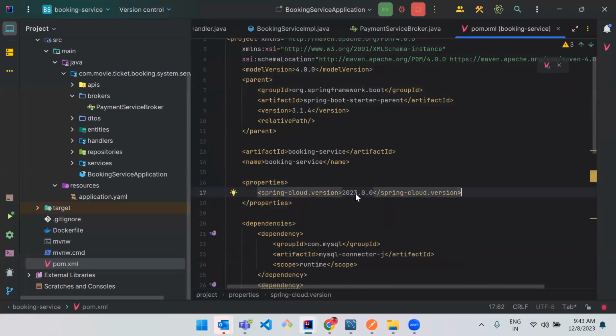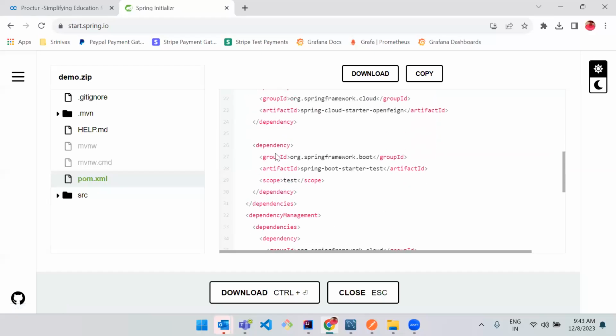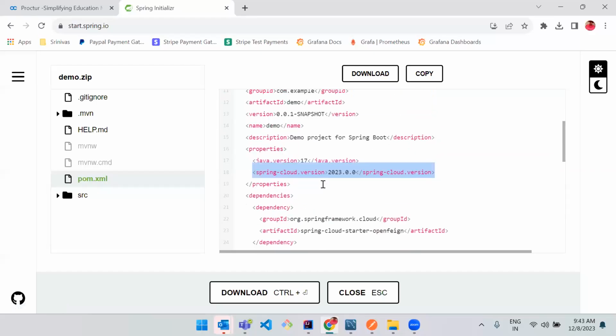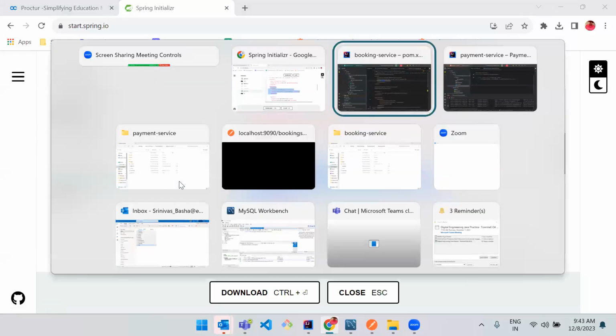Okay. So here I just wanted to make this 2022.0.4, because this is the valid version which can be used with Spring Boot parent. Okay, so I just wanted to refresh this, and let's go to this one and copy the dependency management of this one. So I just wanted to add the dependency. So if I just go and add this dependency